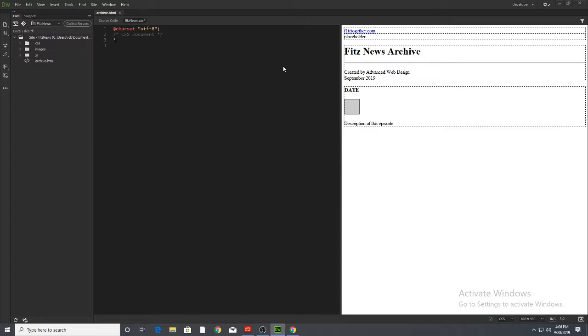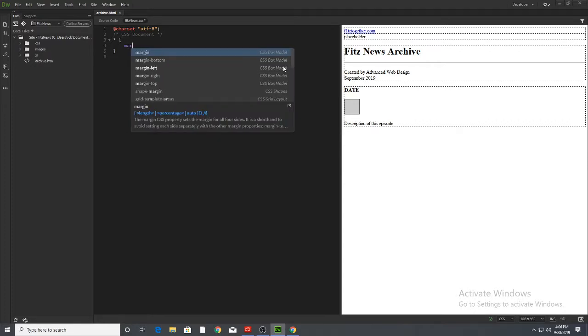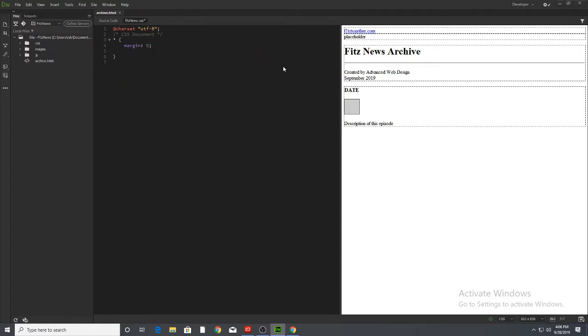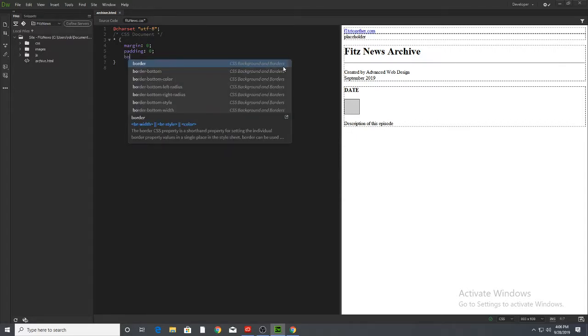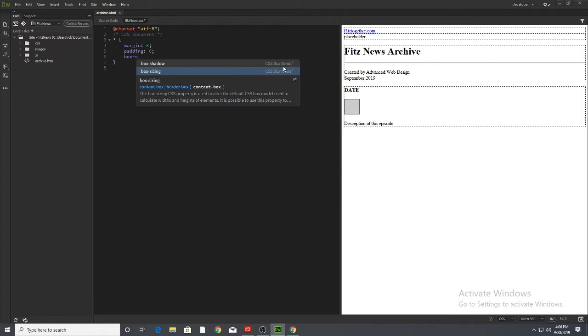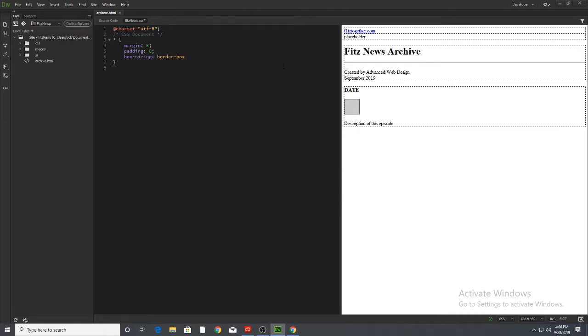So we're going to first start with our star, our select all. And we're going to just say margin of 0, padding is 0, and a box sizing of border box, because that is definitely the things we want to make it so we can go and not have to worry about the built-in formatting. So then for header,